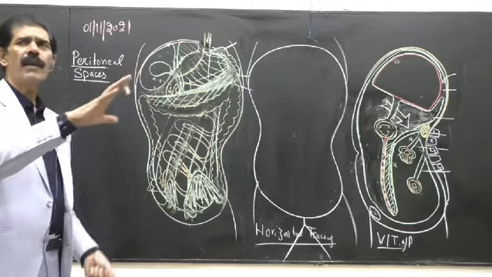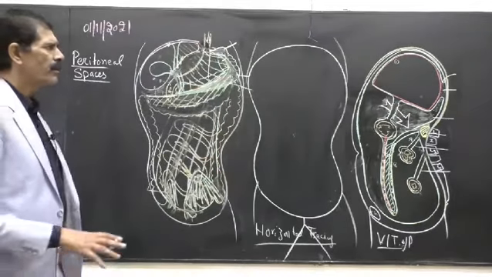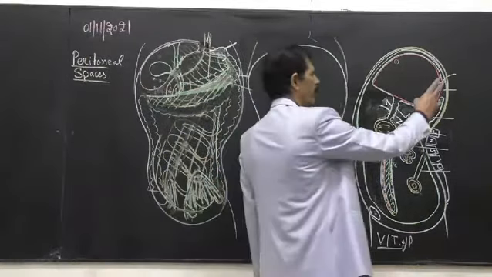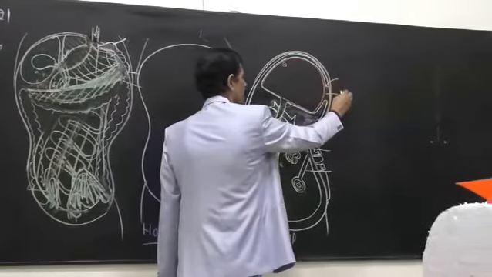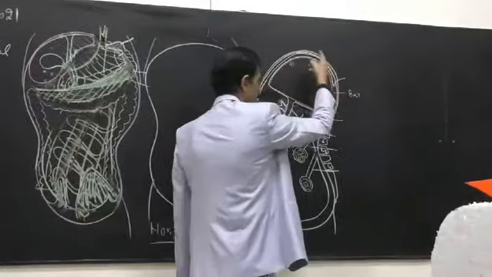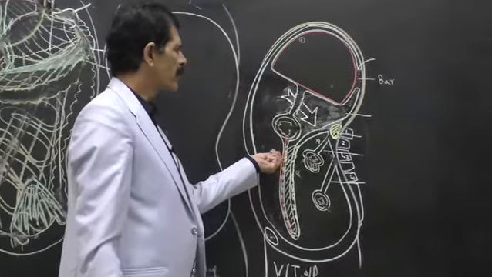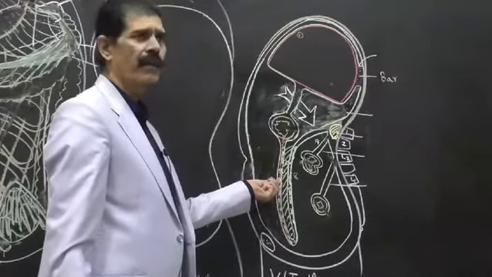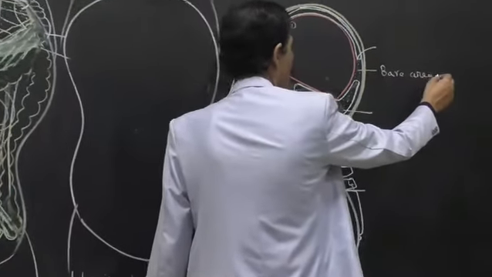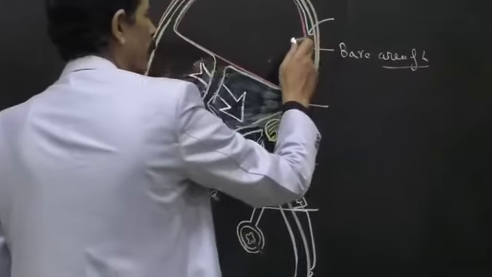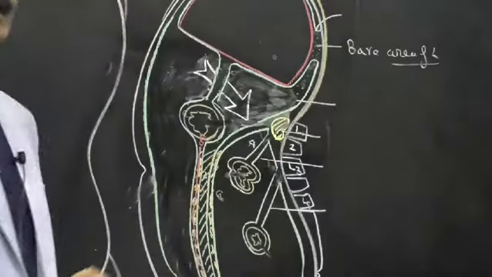Liver is surrounded by the visceral peritoneum. It is hanging from the diaphragm. So first we will cut these two layers. What is this? Bare area of the liver. You make this diagram in full page, everybody. This is the most correct diagram of the lesser sac as well as of the vertical tracing. So this is the bare area of the liver, where the liver is touching the diaphragm directly. There is no intervening peritoneum. That's why it's called bare area of the liver.